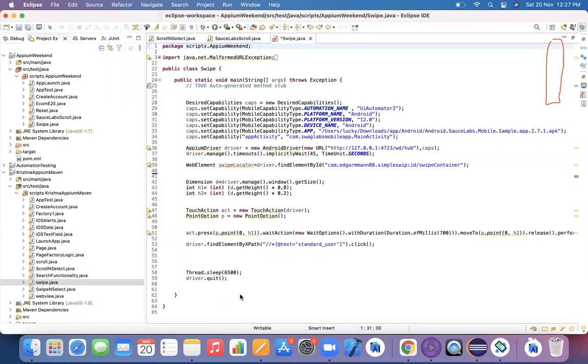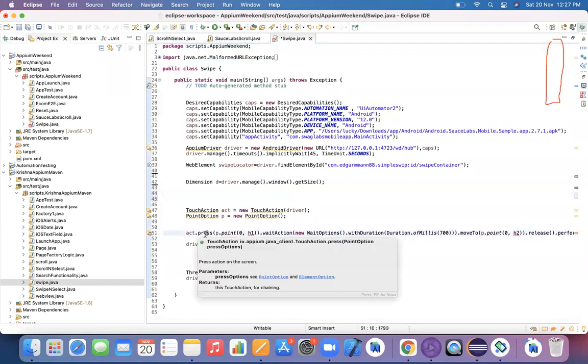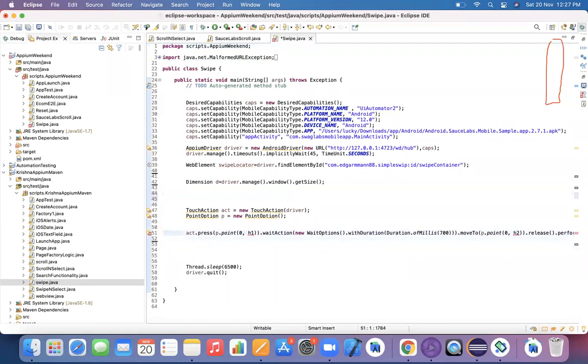So you need to get the dimensions, not of the screen in the current situation. For which object do we need to get the dimensions? So I'm deleting the unnecessary commands and I'm just keeping the actions class and all those things. For this swipe locator, I'm getting the size. Good enough.